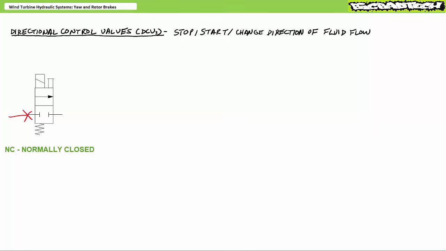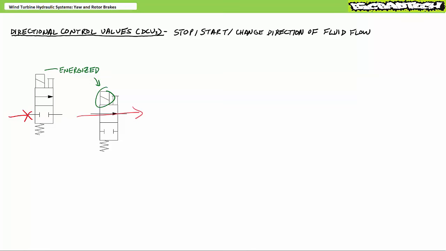Shifting a valve from one position to another moves internal components like poppets or spools to selectively connect or disconnect ports via the internal passageways machined into the valve body. Repositioning the movable components is known as the act of actuating the valve. Actuation methods include, but are not limited to, manual levers, electric solenoids, or pressure pilot signals. This valve is solenoid actuated. When the solenoid is energized, this valve shifts to the straight-through position and allows fluid flow from left to right. When the solenoid is de-energized, the spring offset returns the valve to the closed position and blocks fluid flow from